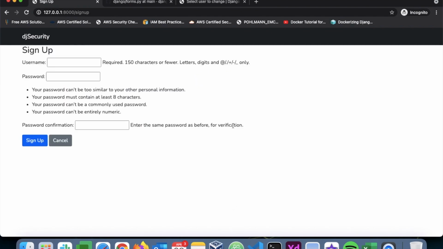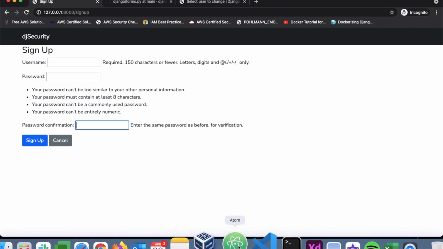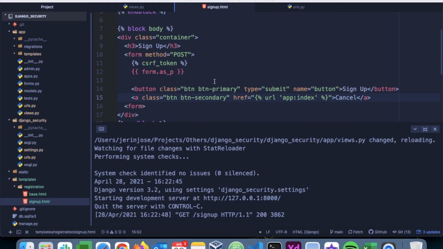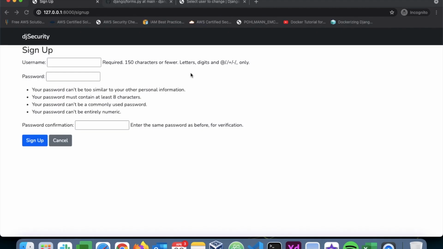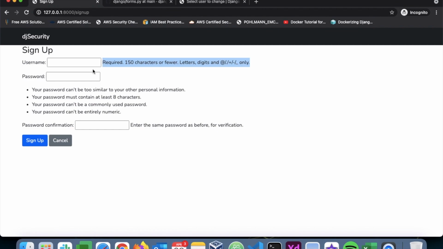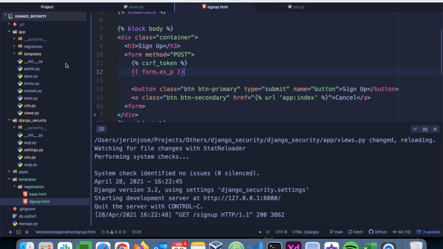Okay, but if you look at it, this is not very good looking, right? So we'll spend some time adding some HTML and CSS that will make this look a bit better. Okay, so let's go back to signup.html. Let's center it a bit here and then remove all these things, make this input box also better. Yeah, so primarily we'll use